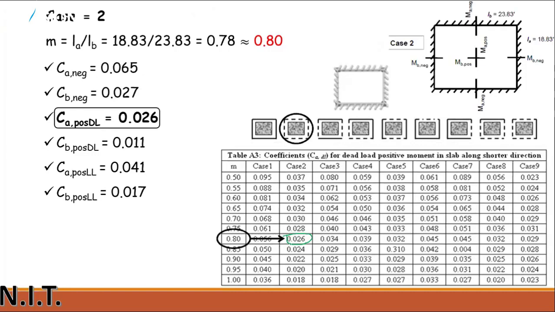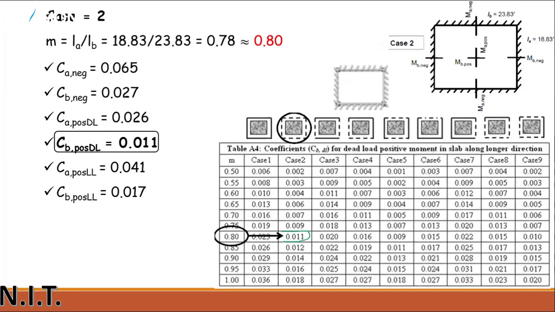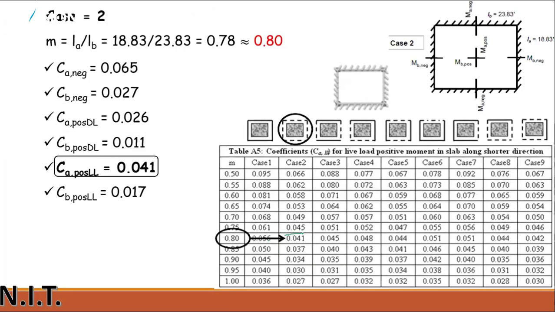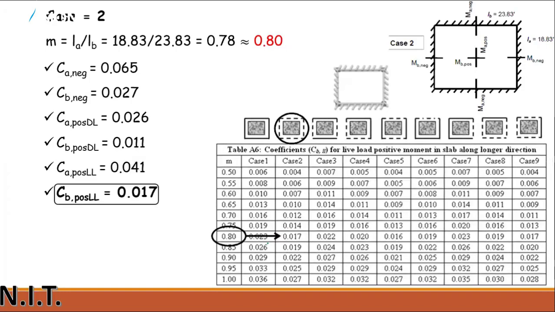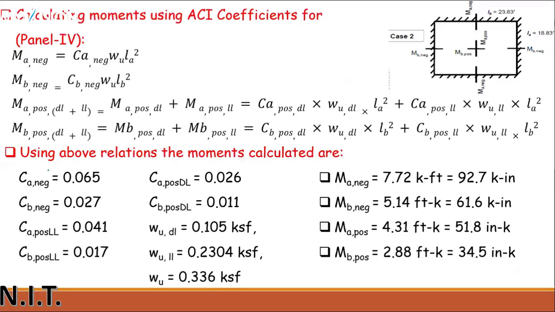CA positive dead load is 0.026. CB positive dead load is 0.011. CA positive live load is 0.041. And CB positive live load is 0.017. Clear? Once you have found all these 6 moment coefficients from these 6 tables,